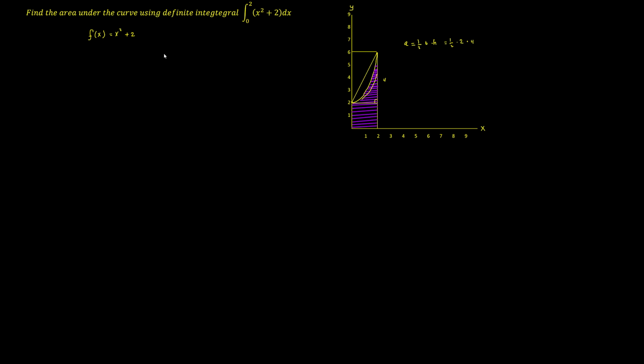The rule says if you want to find just this area, first find the total area of the triangle, which is half times the base times the height squared. Because the parabola, f of x equals x squared,